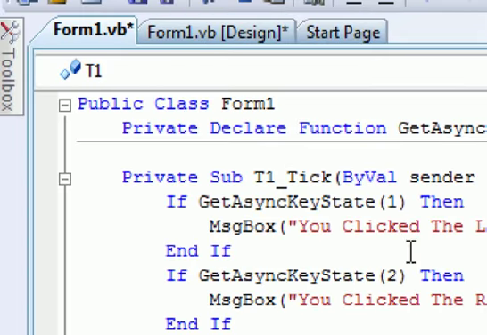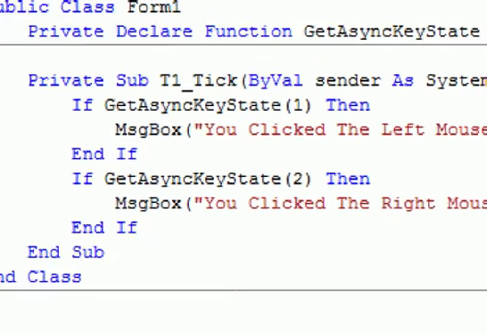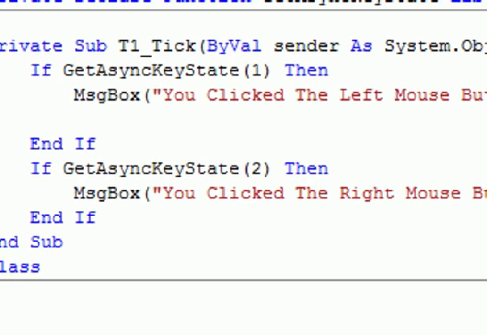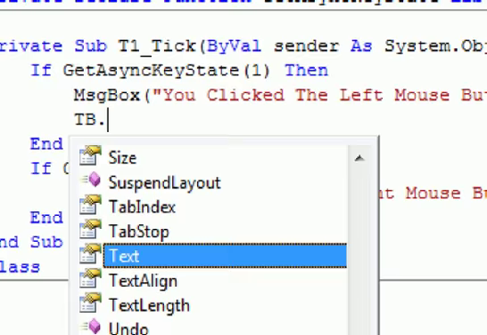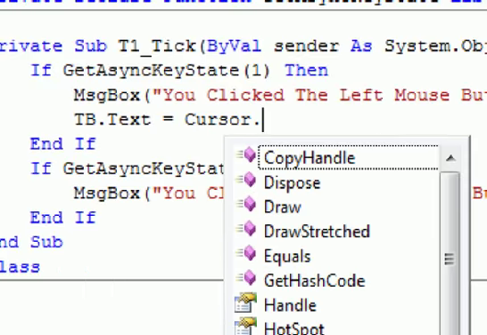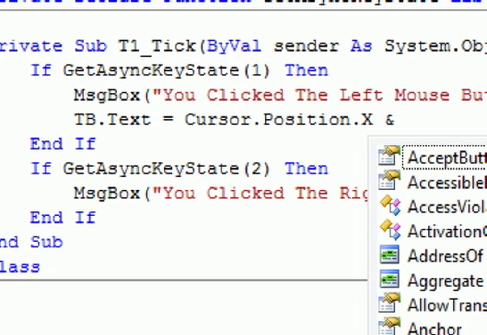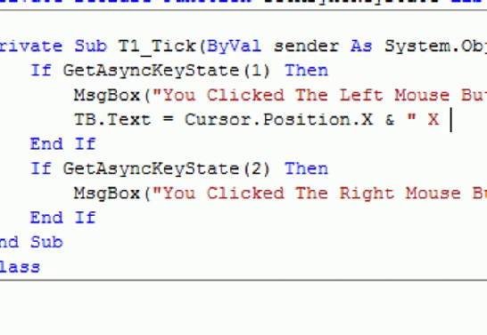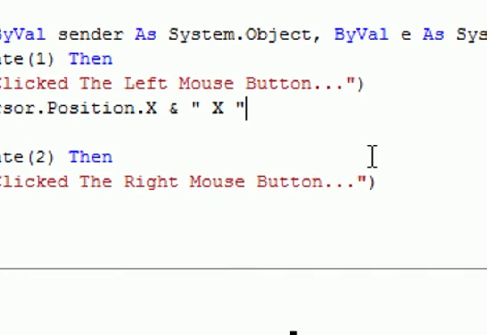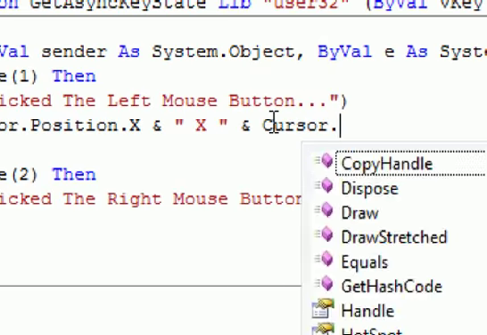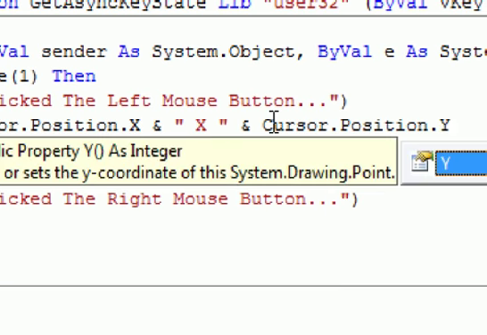We'll go back in the form, and then we're going to change this code here. So when the left mouse button gets clicked, we'll say TB.Text equals Cursor.Position.X and Cursor.Position.Y.